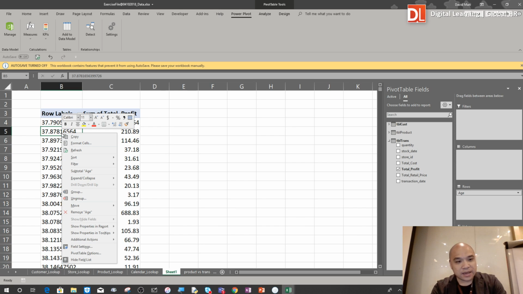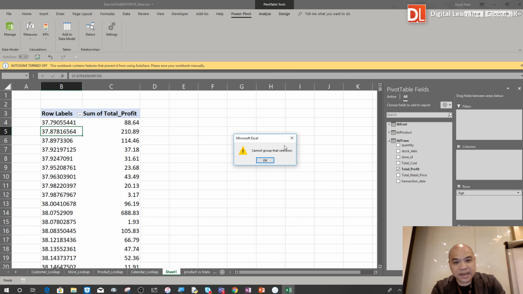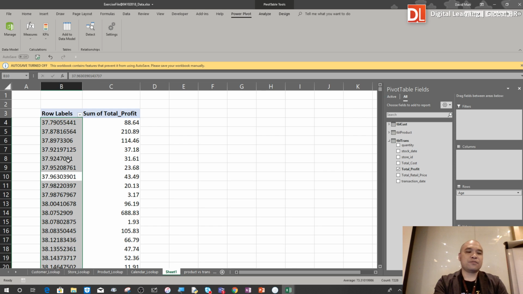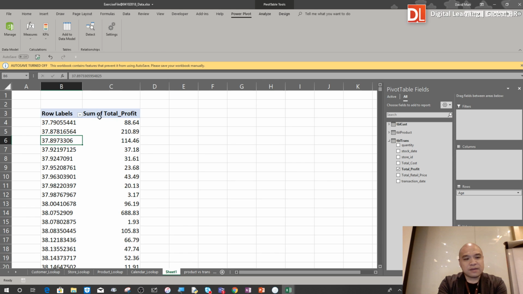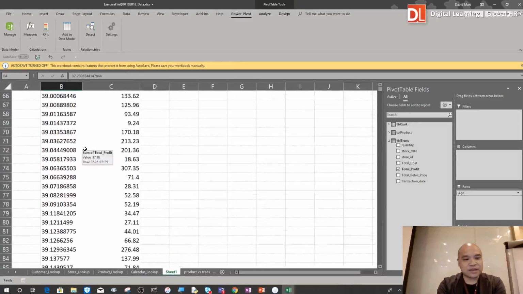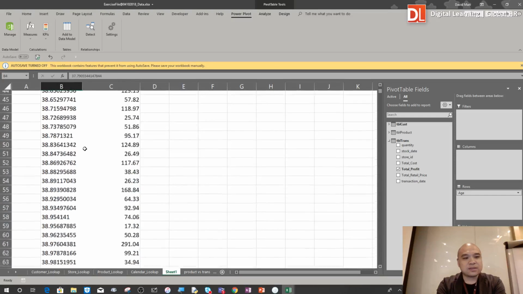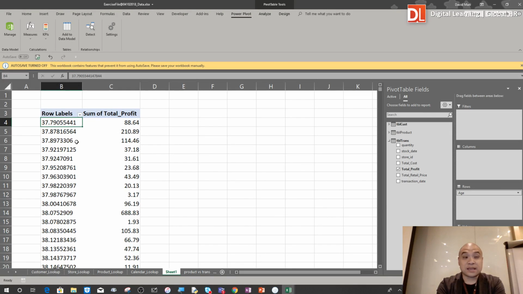Okay, I try again. Right click and group again: cannot group that selection. So if we cannot group, then what should we do? For this analysis, because this is a little meaningless, we fall back and go back to the